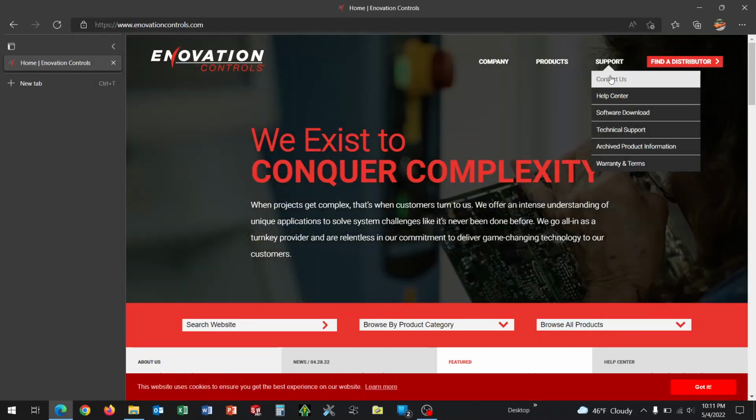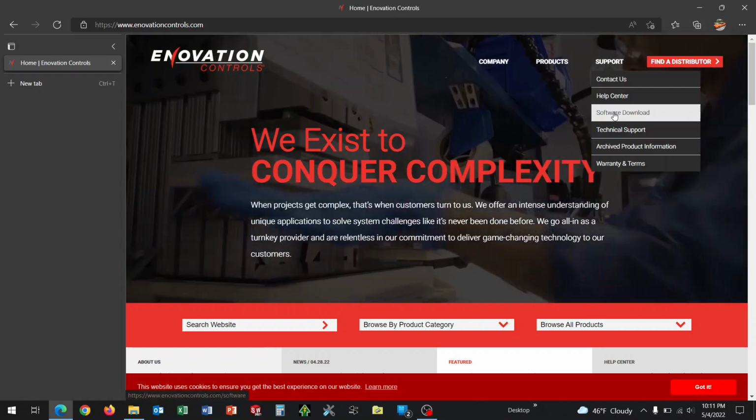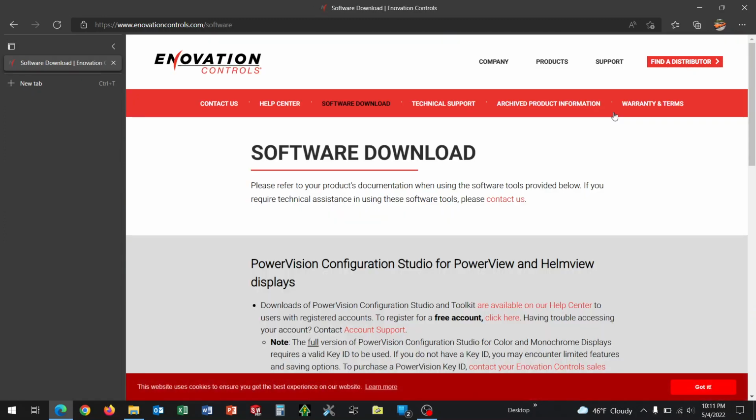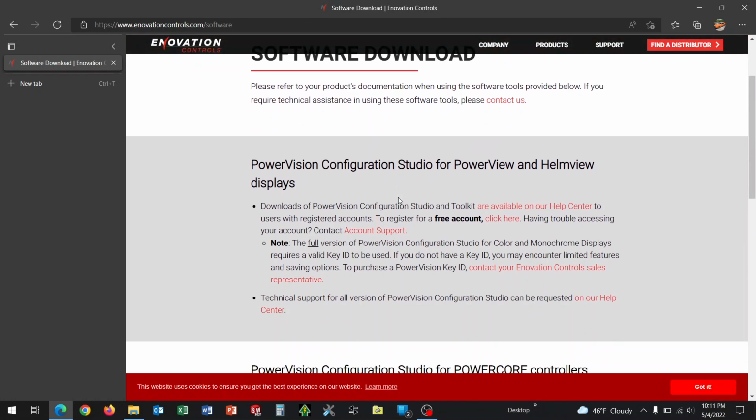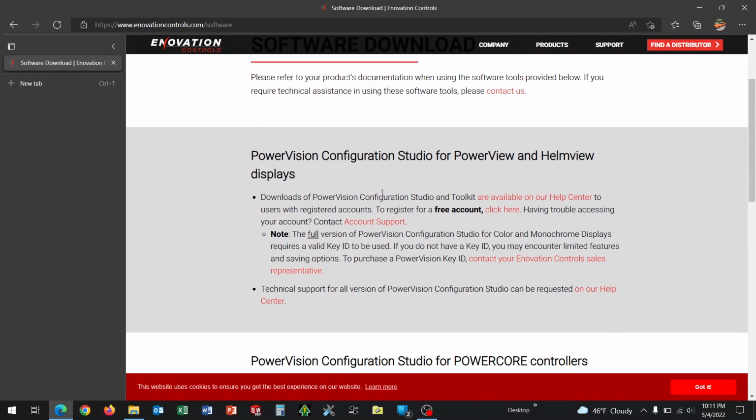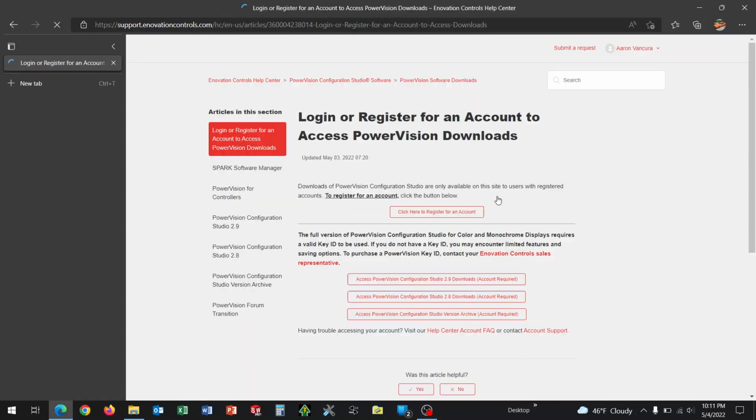And on the support section, we'll go to Download Software. And in the middle of the page it says the downloads for the Configuration Studio and Toolkit are available on our Help Center, so we'll just go ahead and click this, noting that an Innovation Controls account is required. I'm already logged into my account, you see up in the upper right hand corner,